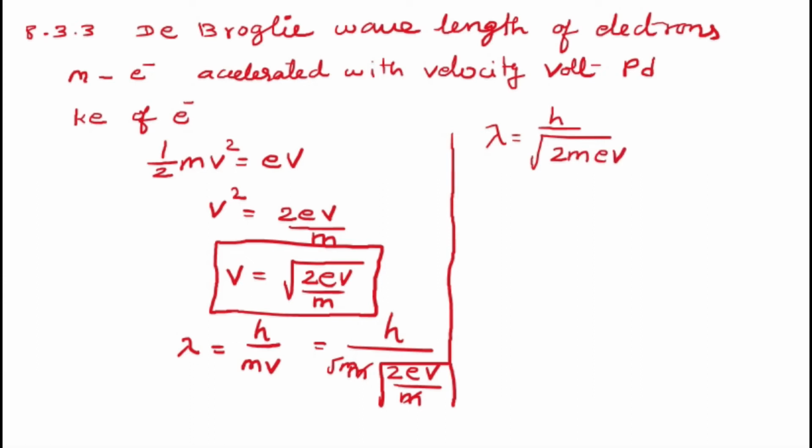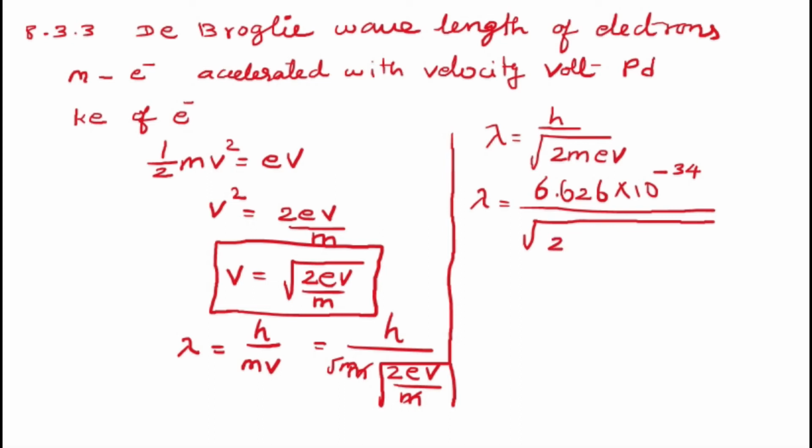Substitute all the values. So lambda is equal to h value, 6.626 into 10 power minus 34, divided by root of 2 into V volt into 1.6 into 10 power minus 19, and 9.11 into 10 power minus 31 kilogram, that is the mass of the electron. And simplifying this value, 12.27 into 10 power minus 10 meter divided by